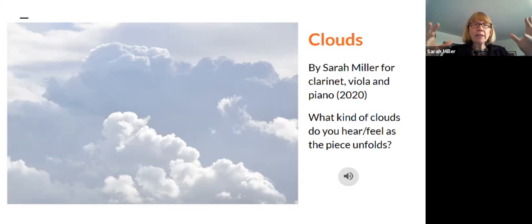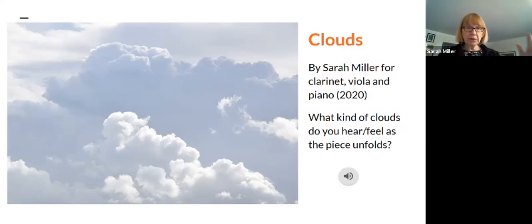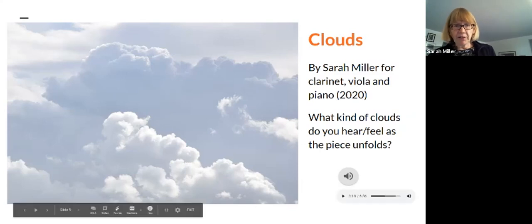Good. I feel like when you watch clouds, they're always in motion and they are one kind. Sometimes they're the big poofy kind. Sometimes they're the long, skinny kind. Sometimes they're the kind that has rain or tornadoes. I didn't put any tornadoes in. But definitely the piece was meant to be an exploration of different textures. And the pianist, which is going to be me, is playing 3 against 4 for almost the entire piece. So the Fantaisie-Impromptu by Chopin is no longer at all scary to me. Anyway, let's go to the next slide.